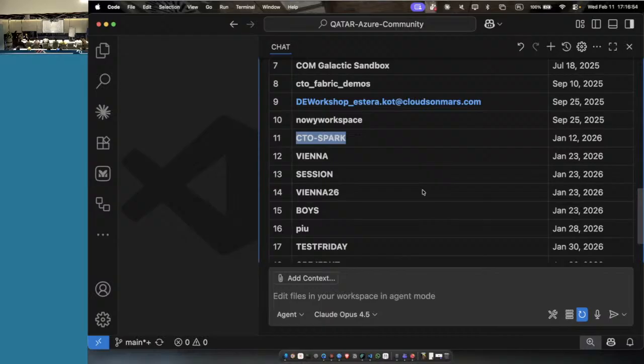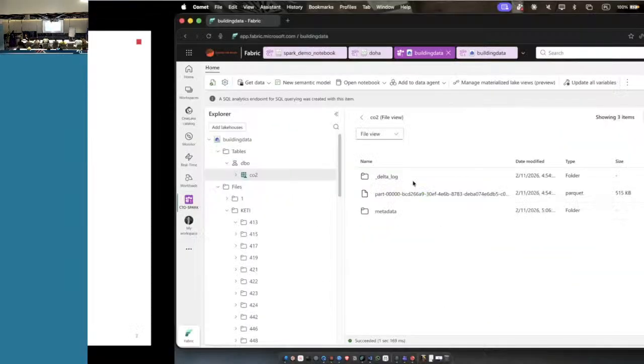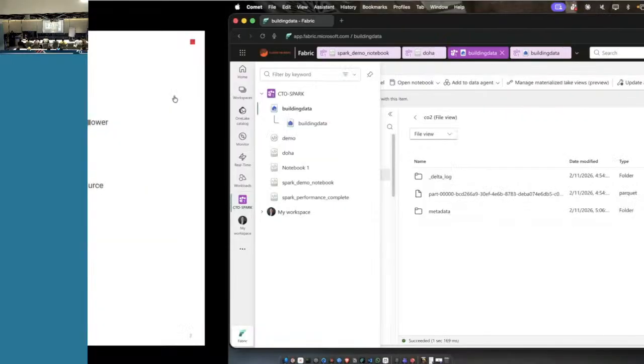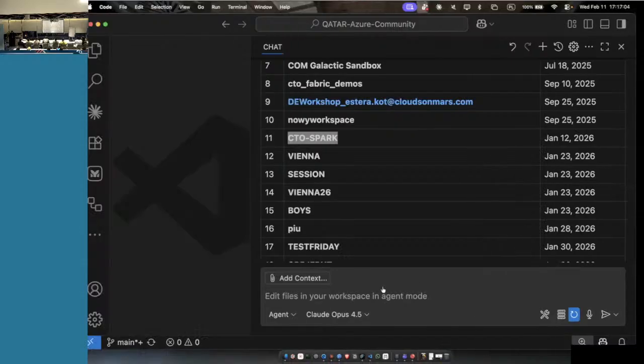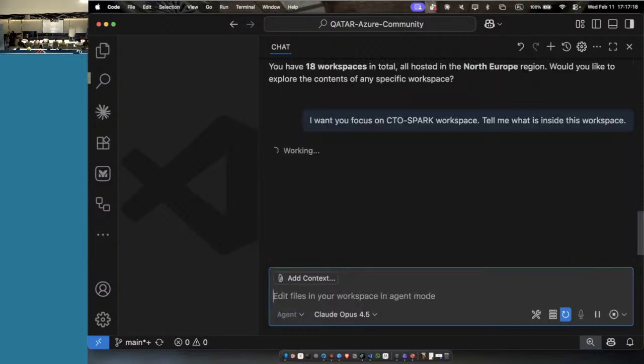And now let's go back to Fabric just to be sure that we are inside the CTO dash Spark workspace. Take a look. I want you to focus on the CTO Spark workspace.